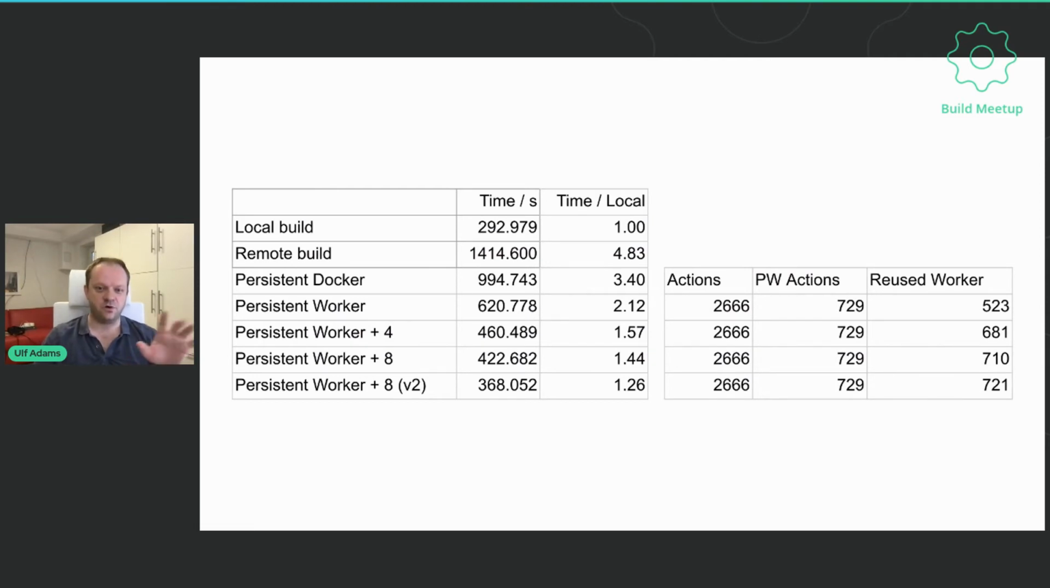There is this line +4, which means we keep up to 4 persistent worker processes around that may be idle. And we see that the number of reused workers goes up from 523 to 681. And we see that the time dropped by another 160 seconds, that's pretty good. And that's at the small price of 150 additional reused workers. So, we can estimate here, roughly, this isn't exact, that we save about a second